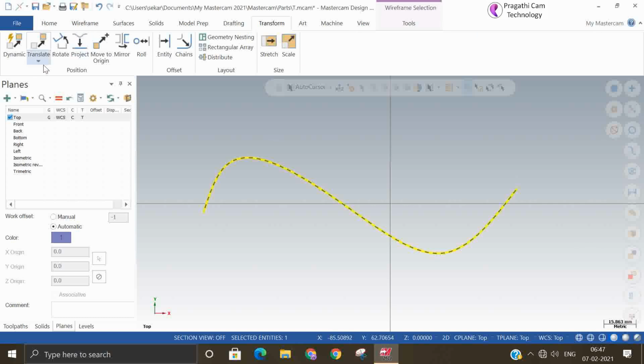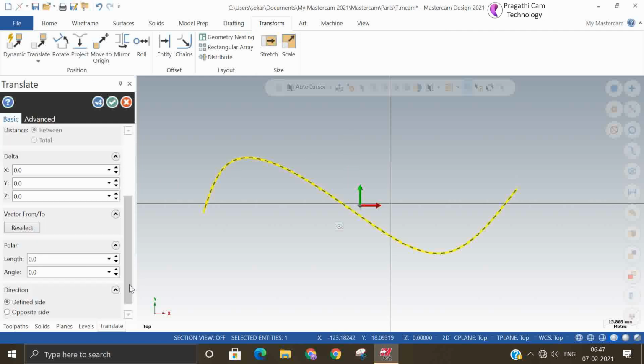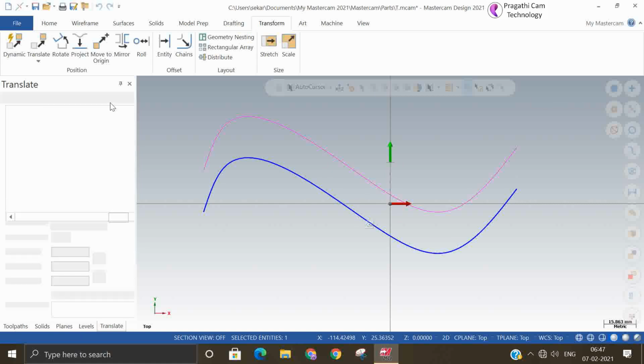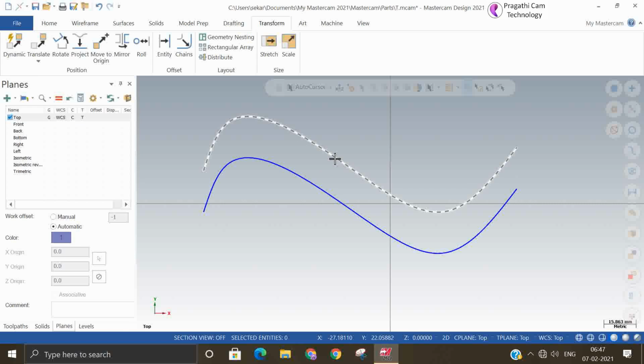I'll transform it to some other place. It is not allowing me to delete, so I'll move it, in the white, or otherwise vector. Okay, accept. So now the original spline is the bottom one, and the top one is the modified spline.